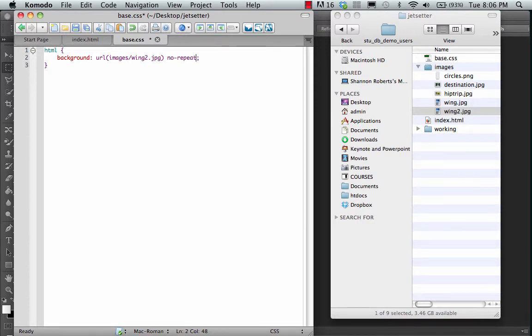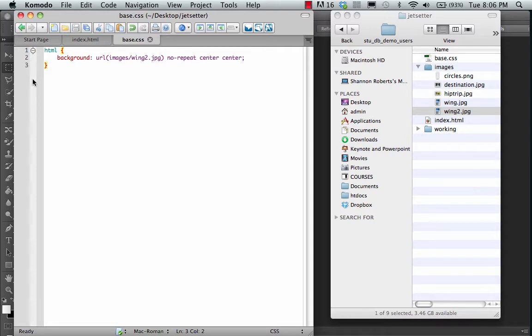And then I want to go ahead, just for the heck of it, and I want to have it centered both left and right, as well as top and bottom. Okay, and let's just go ahead and stick with that for right now, and let's save that,